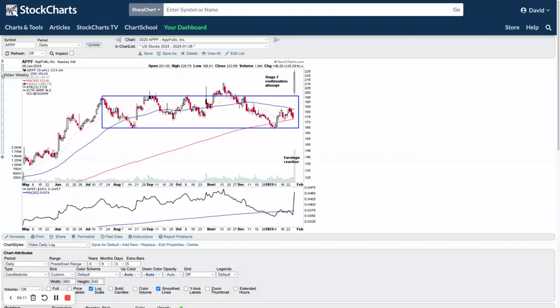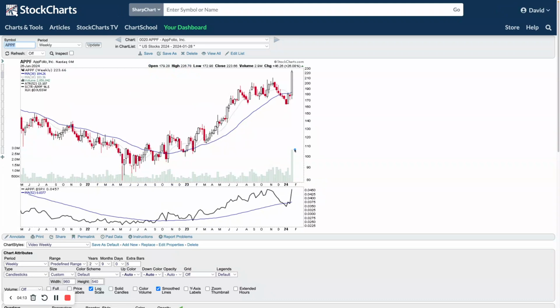If I go to a weekly chart on this one, you can see it's actually the biggest weekly volume it's had in years. So it's been in stage 2 for a while now, made the stage 2 breakout back in October 2022 here. Started to move higher, bit of a grind, had a failed initial move and then made a continuation move, chopped out a couple of times before finally getting going. And so it's been going sideways for a little while now, started to see a little bit of a change as it started to come back through these areas, but now making that continuation breakout, even at a shake at